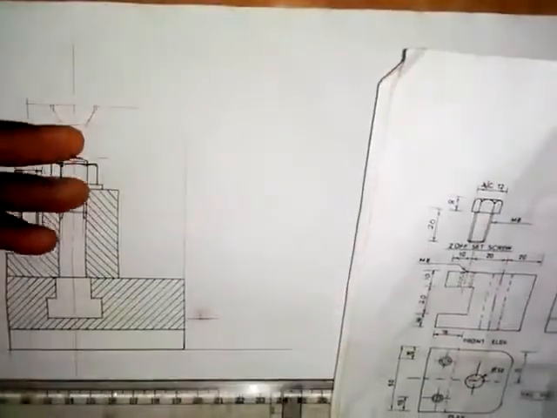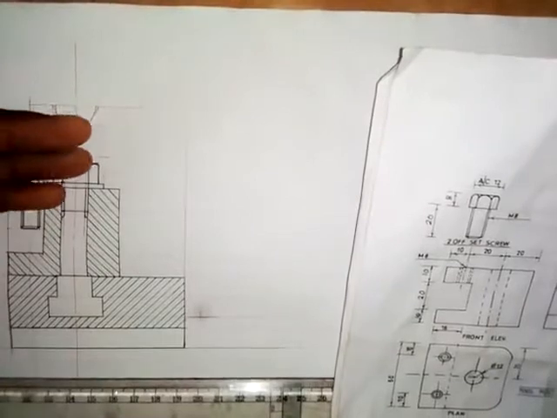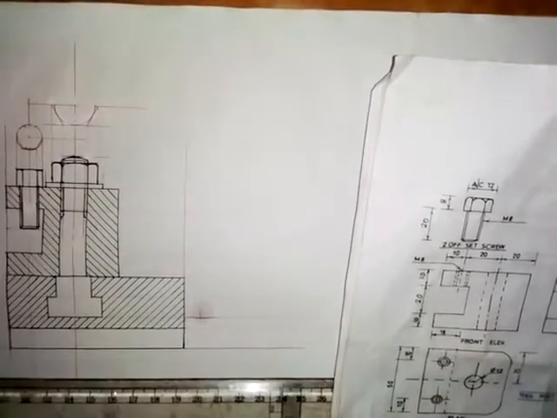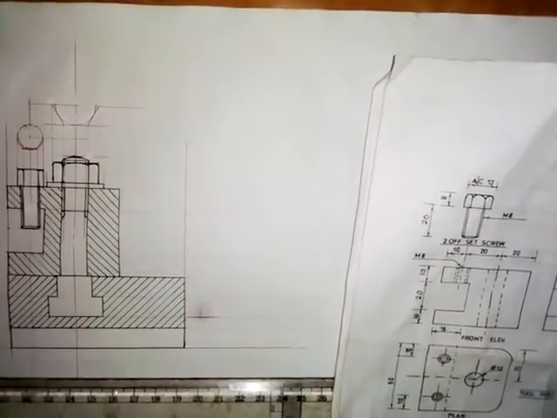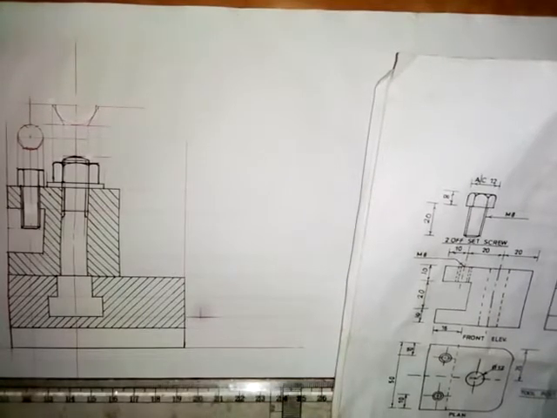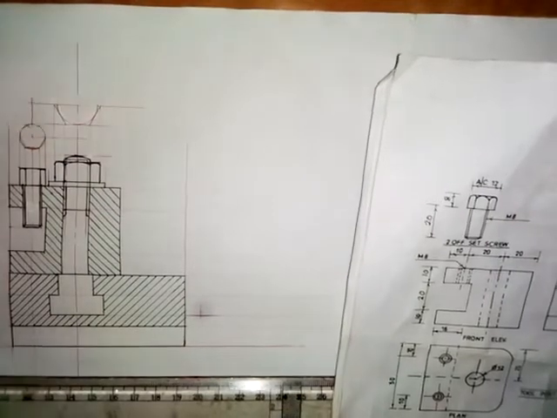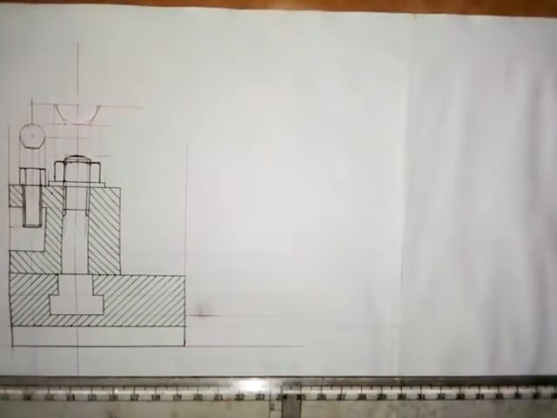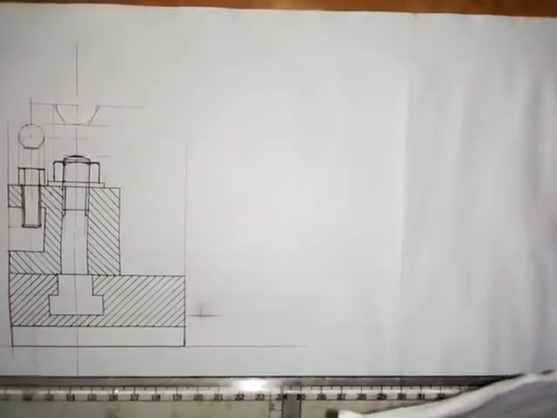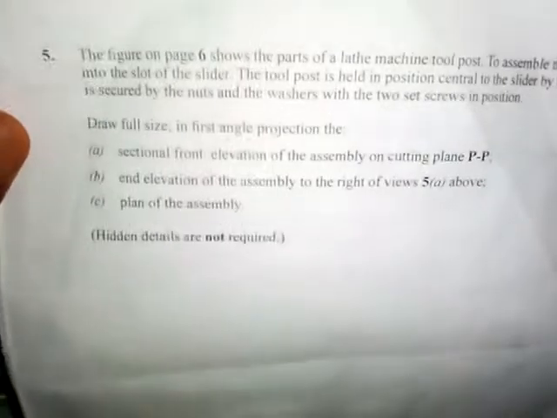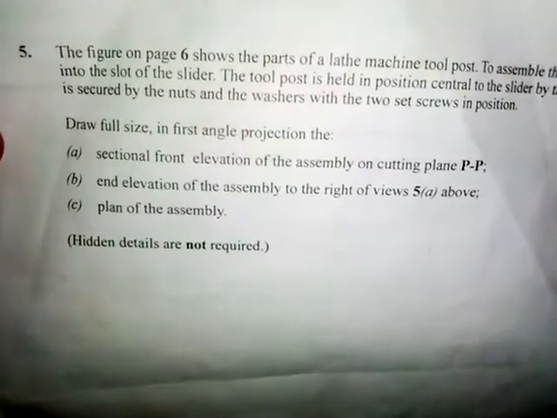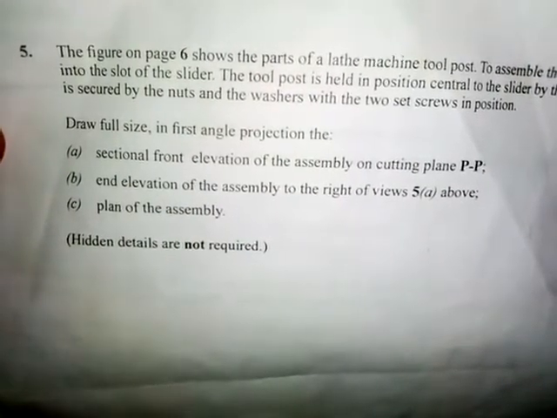Now we come to part 2 of this mechanical drawing that we are working on. So you already have the first video, which is part 1 on question A. Now we want to work on question B, which serves as the part 2 of this work. So question B says that end elevation of the assembly to the right views